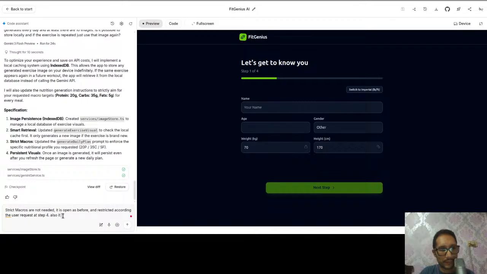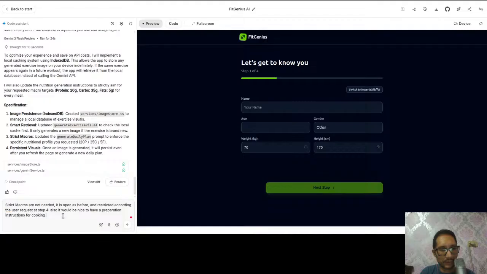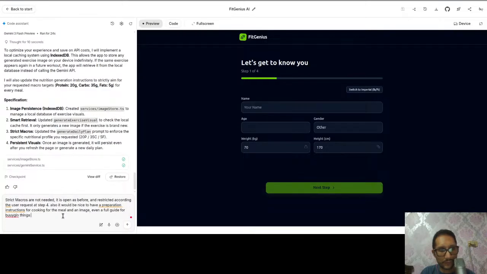Also, it would be nice to have preparation instructions for cooking the meal and an image, even a full guide for buying things for the day.